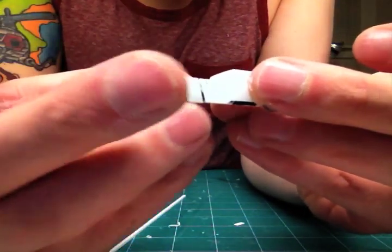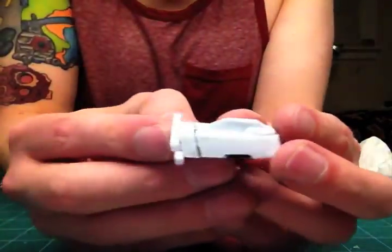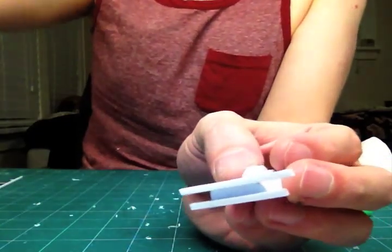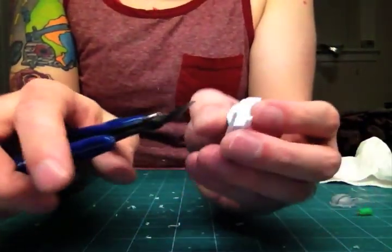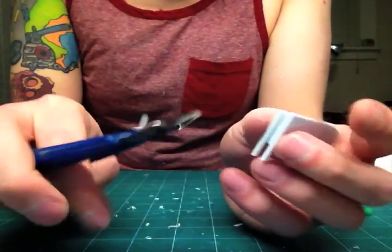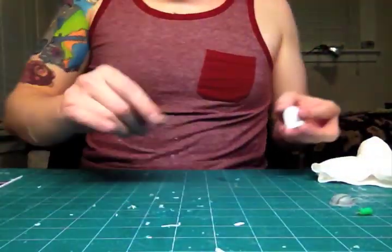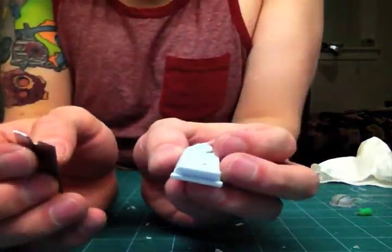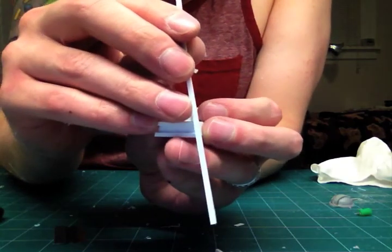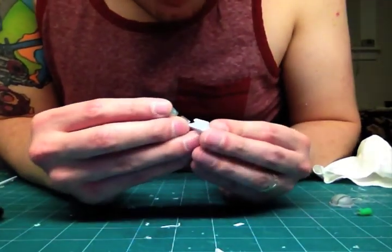But we're going to put a rod on the top and on the bottom, and then we'll do the side parts. Now I've added the 2 beveled rods to the rear of this. I'm going to have to cut off the excess using some diagonal cutters, or dikes. Alright, now we have that. We still need to add in the rods right here and right here, so we're going to have to cut out some space for them to fit in. So I'm just going to go ahead and use my razor blade